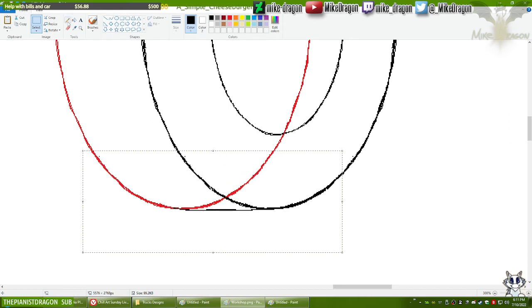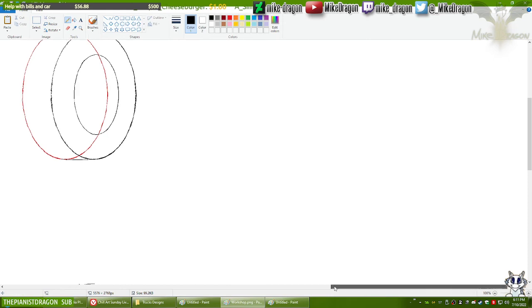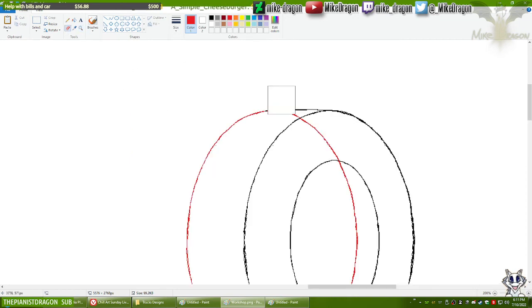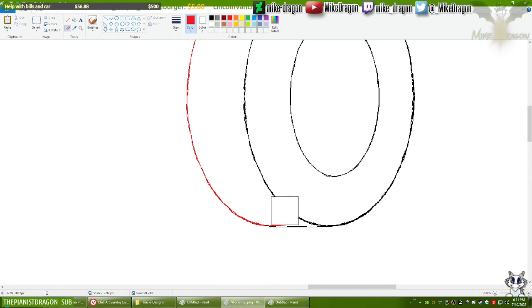There. That should work. Now, let's erase some of the red lines. Okay, I zoomed out way too much. There.